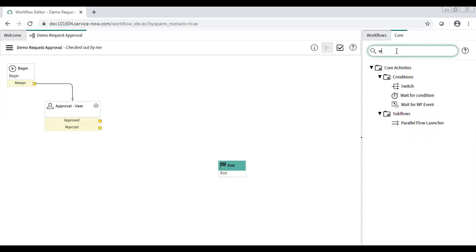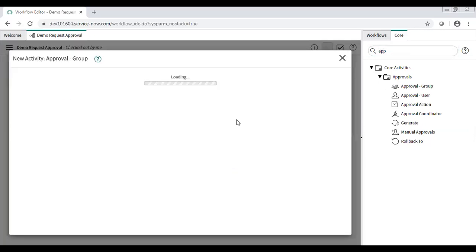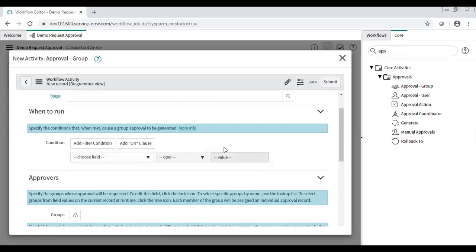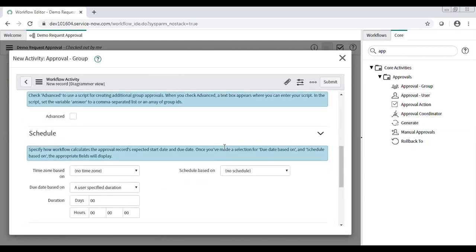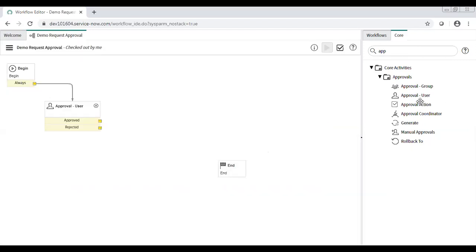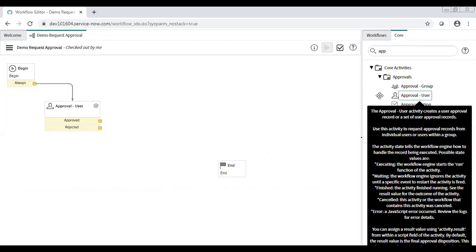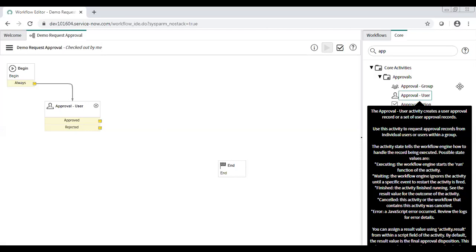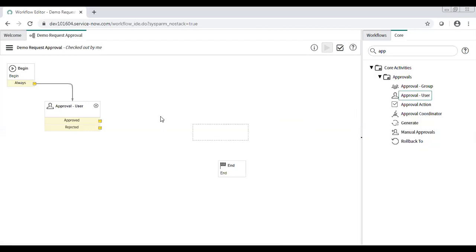So again, I will use approval user and group, right? Both. I can use the approval group, and in that I can send for user as well. Approval group, no. I think I have to use user. Do we need to mention the stage also in the second box, approval user?